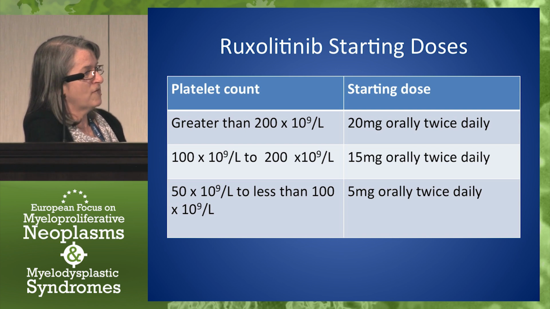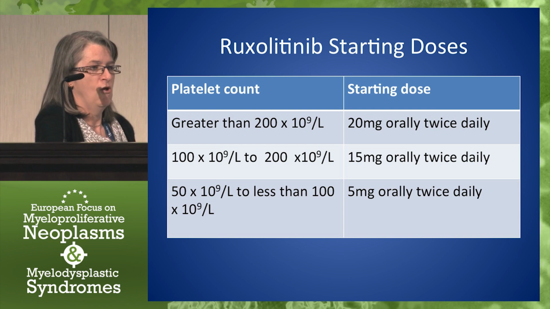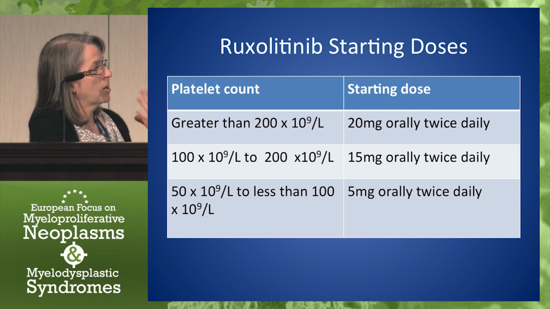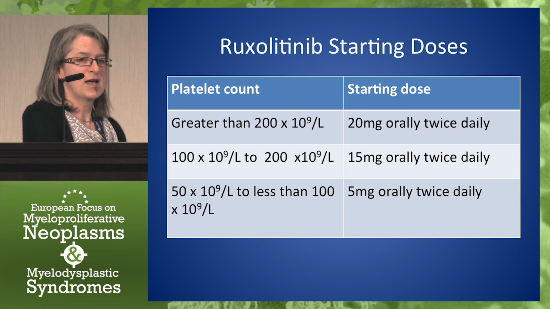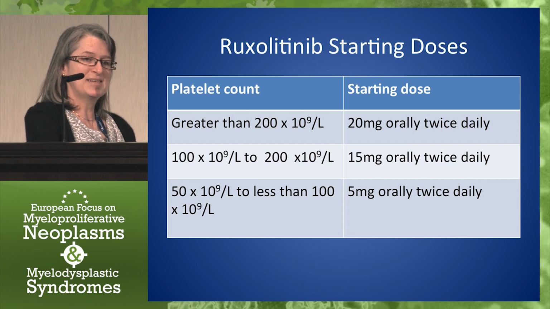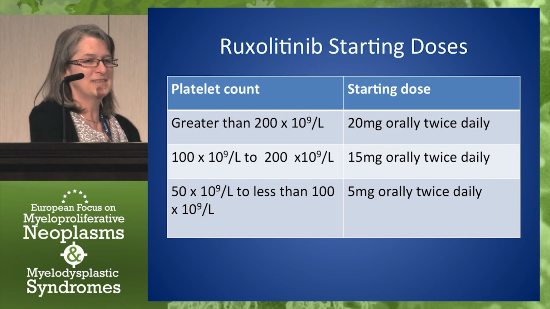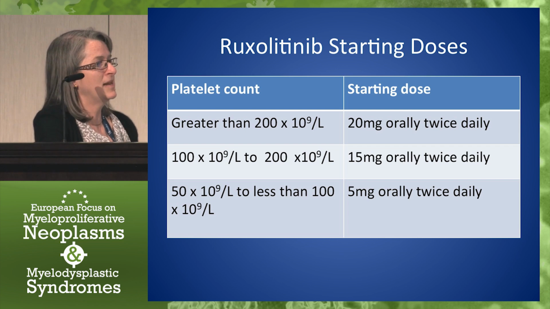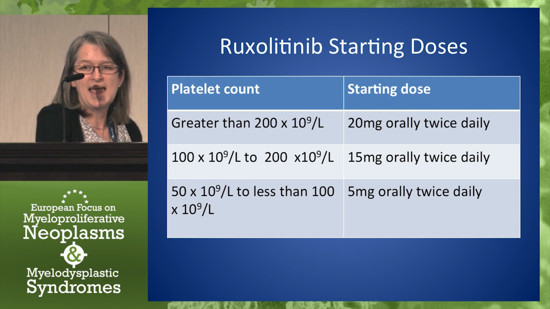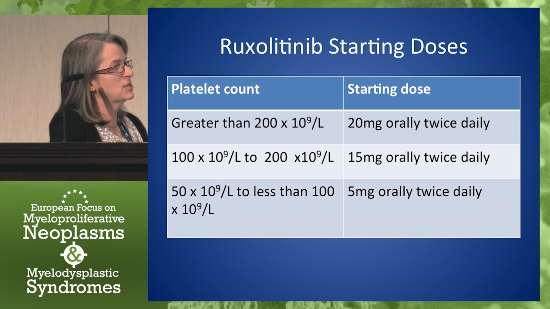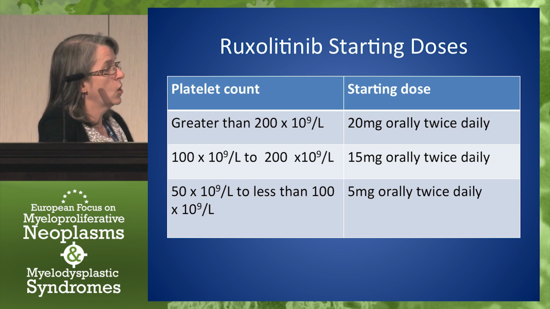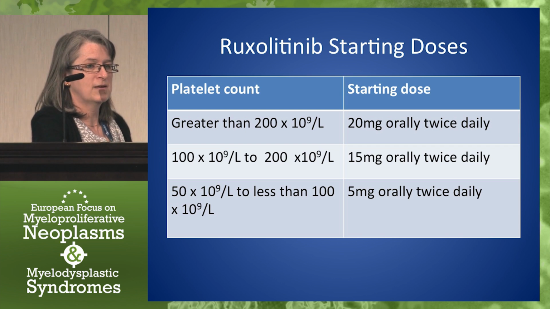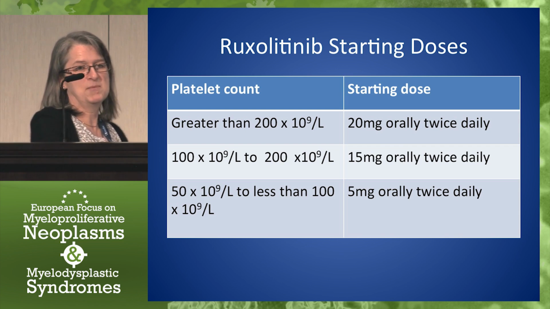There is an issue if you have a patient with a platelet count at the lower end, around about 50 or perhaps slightly below, because many of us know from clinical experience that if you actually start them on the drug, often as the spleen shrinks, perhaps you can almost envisage the platelets being squeezed out of the spleen, the platelet count will come up a little bit. And often if you get a good response from the drug, you will find that the platelet count goes up. So there is an issue around that, not quite what it says on the SPC, but everybody knows that